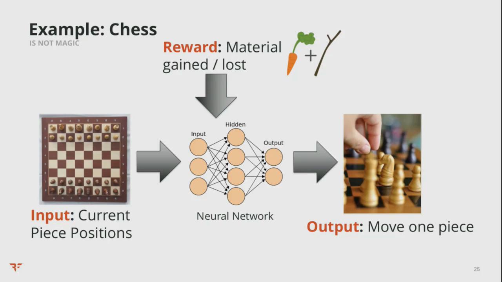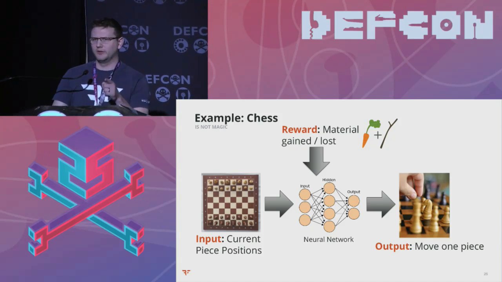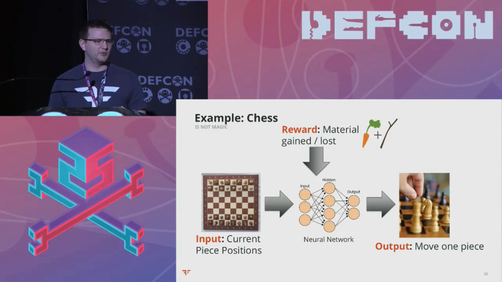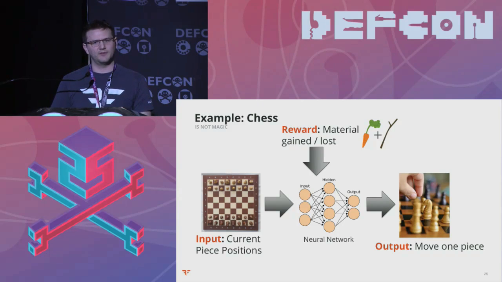If you're wondering in the audience right now, or at home, if you can try to make some sort of a program that can take advantage of machine learning, try to think about it in terms of these three things. Input, which is: what are the things that my program needs to see in the universe? Output: what are the actions that it should be taking? And then rewards: how does it know when it did something good, or how does it know when it did something bad? If you can think of your problem effectively in terms of those three things, then you can make a machine learning program that will solve your problem.